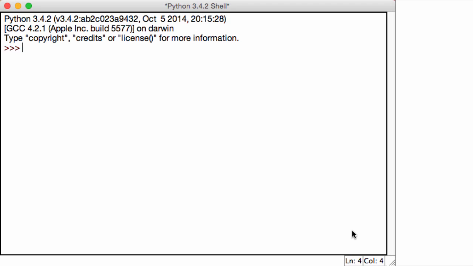So I'm going to create a variable. I'm going to call it counter, and I'm going to set it equal to 5. And over here what I want to do is I'm going to say while counter is less than 10, print counter, and then I want to increase counter